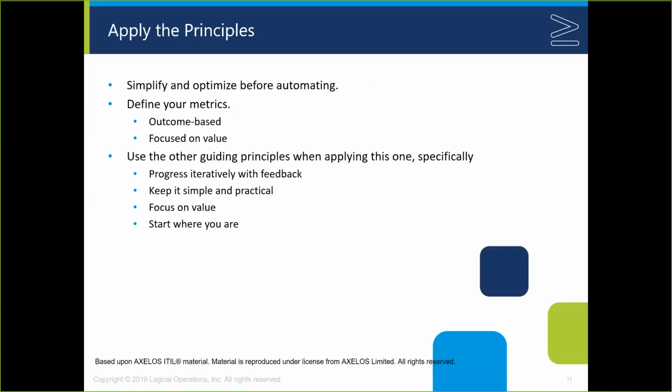All right, so in the key application piece here, you're going to want to emphasize things like simplifying first before you do automation, focusing on value and outcomes. What are we trying to win? How do we make sure we get them there? And noting that these, of course, work very closely with a lot of the other practices, starting where you are, focusing on value, doing this a little bit at a time, getting feedback and so forth and so on, and then trying to be practical about this. What needs to be automated? How do we simplify this in a way to make our services simple and practical?